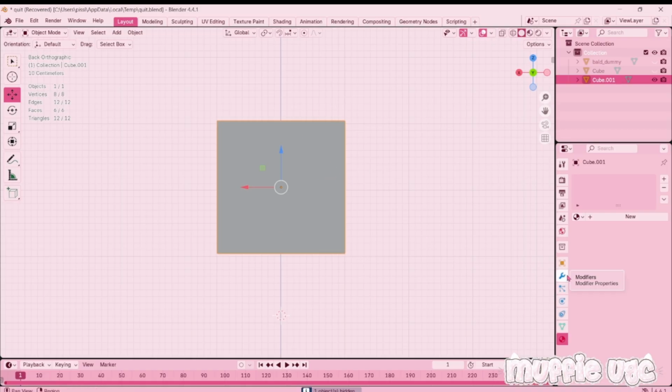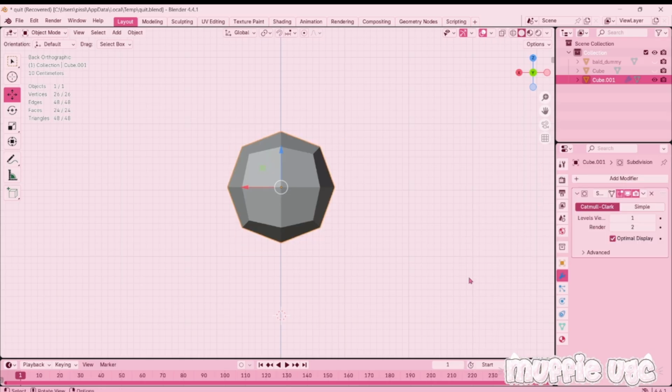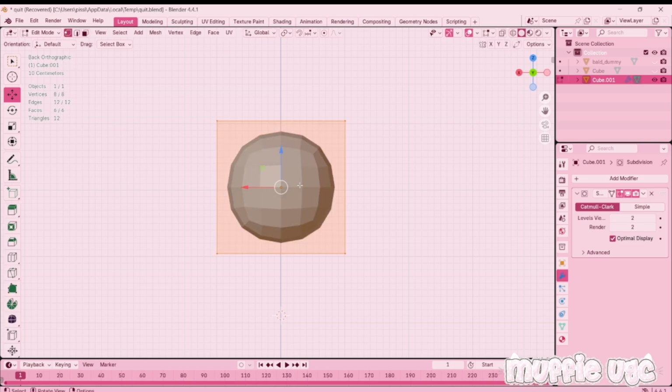You want to go to this wrench and add a modifier. Add modifier. Generate subdivision surface. It'll make it look like this. You just want to make this 2. You want to click tab. You want to do